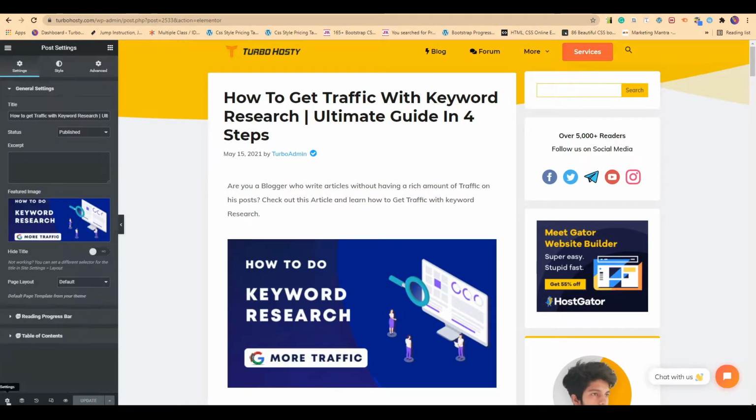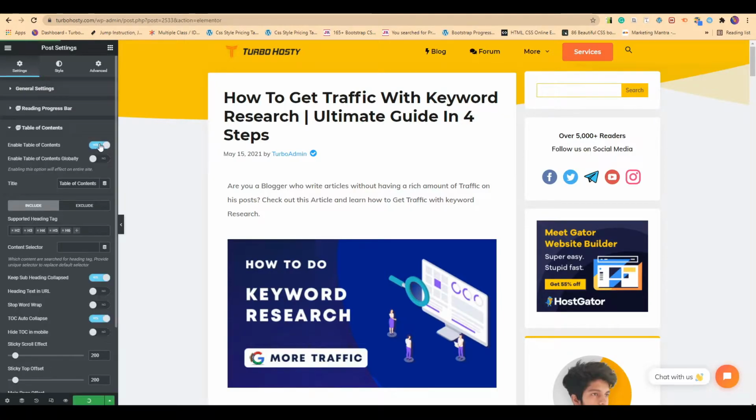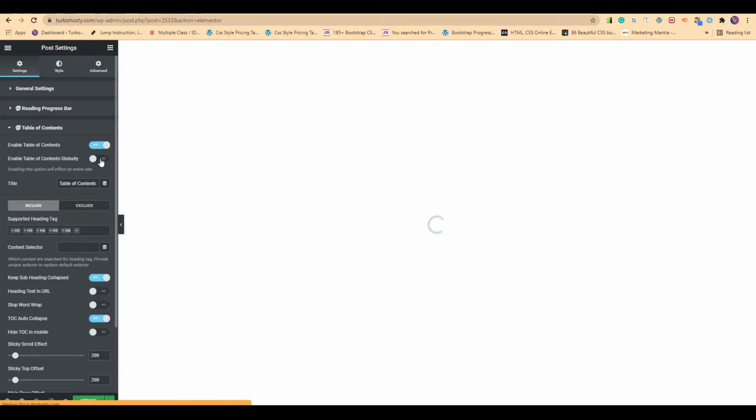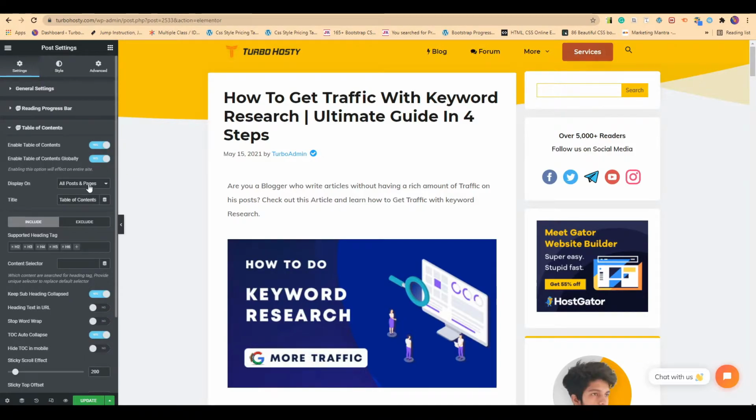At the bottom corner, you have to click on settings, and then it will be visible to you, table of contents provided by Essential Add-ons. You have to enable this. You can create this if you want the table of contents to be visible to all of your posts. If you don't click this, it will be just visible to specifically this post only, so the other post won't be having the table of contents. So I'll click on this and I will choose all posts, so only the blog post or articles will be having this table of content.